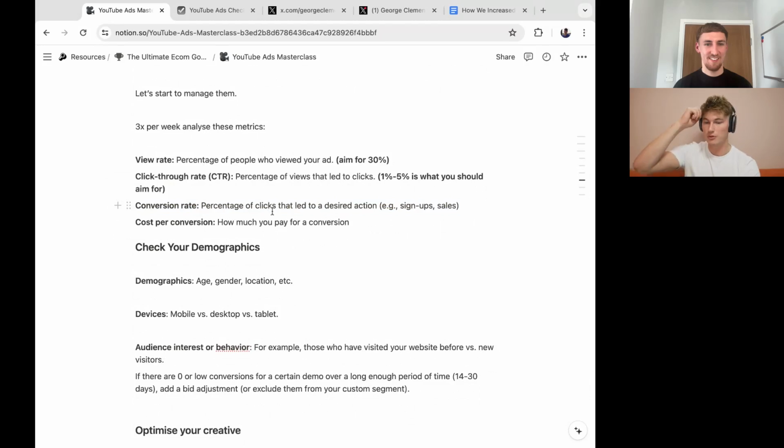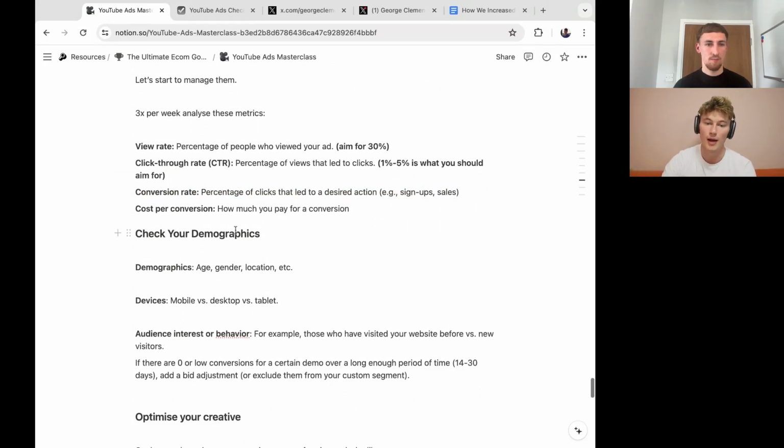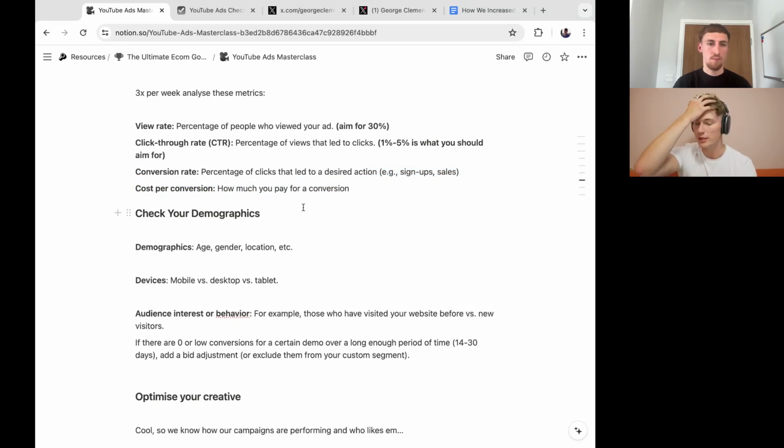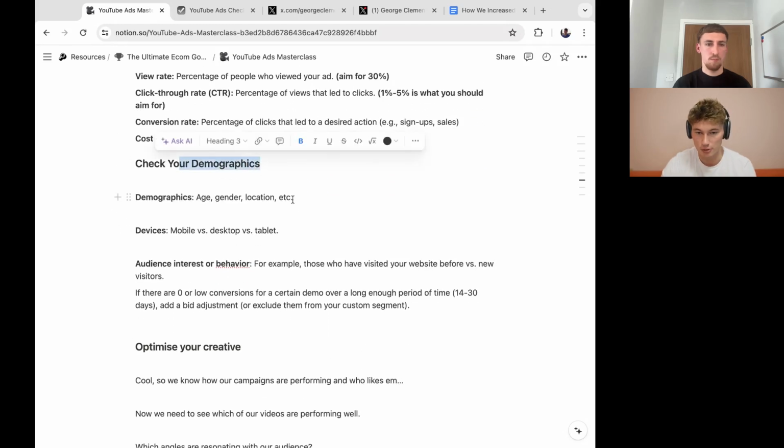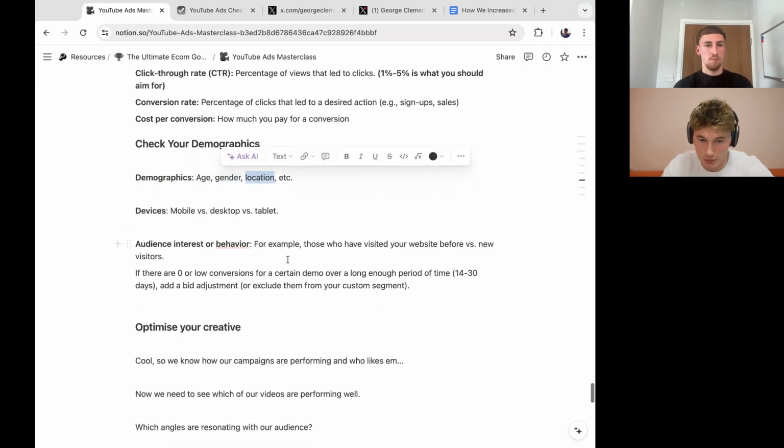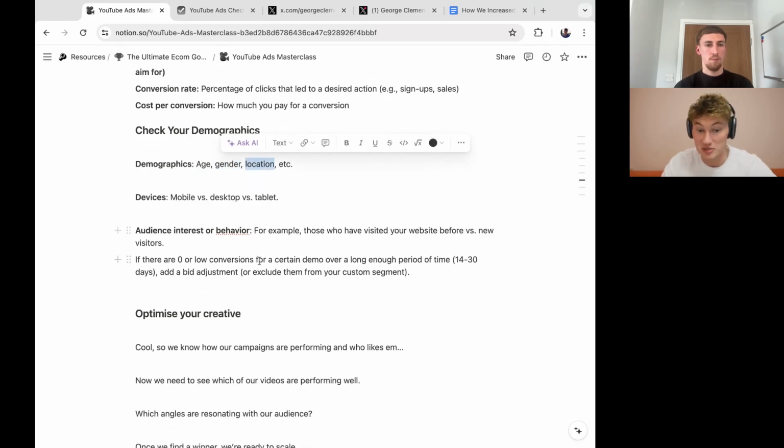Conversion rate's important as well, so from the click, how many of those clicks converted into a purchase, and obviously your CPA, how much you're paying for a purchase. Your CPC is important as well, but as I say, CPCs are relatively cheap on YouTube, so that shouldn't be an issue. You can also check your demographics within the ad group. If you go to your ad groups in YouTube ads and then to audiences, you'll be able to see mobile, firstly, well, you should only be bidding on mobiles, but you'll also see the age range that's clicking on and performing on your ads, gender, location, all that stuff, as well as the specific audiences you target.